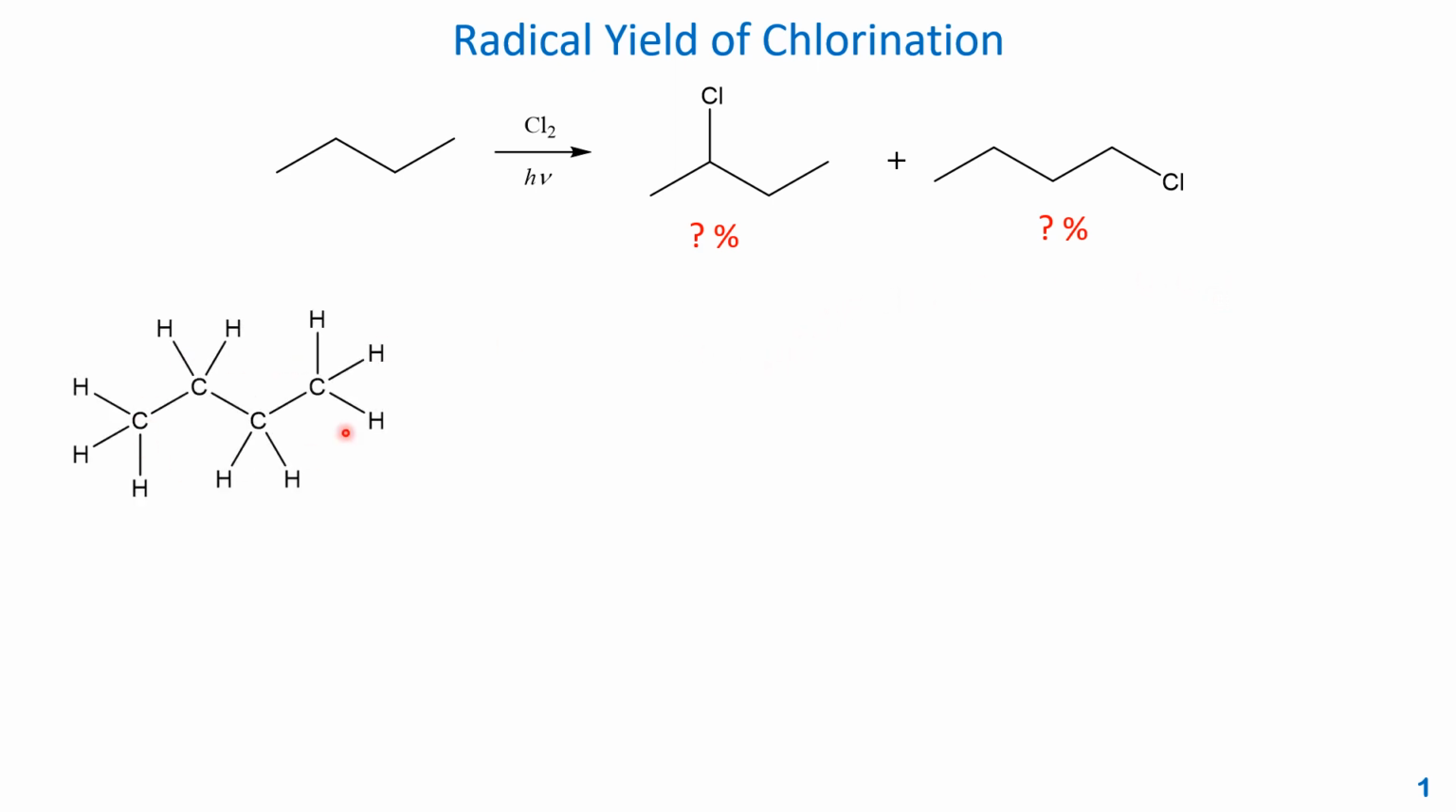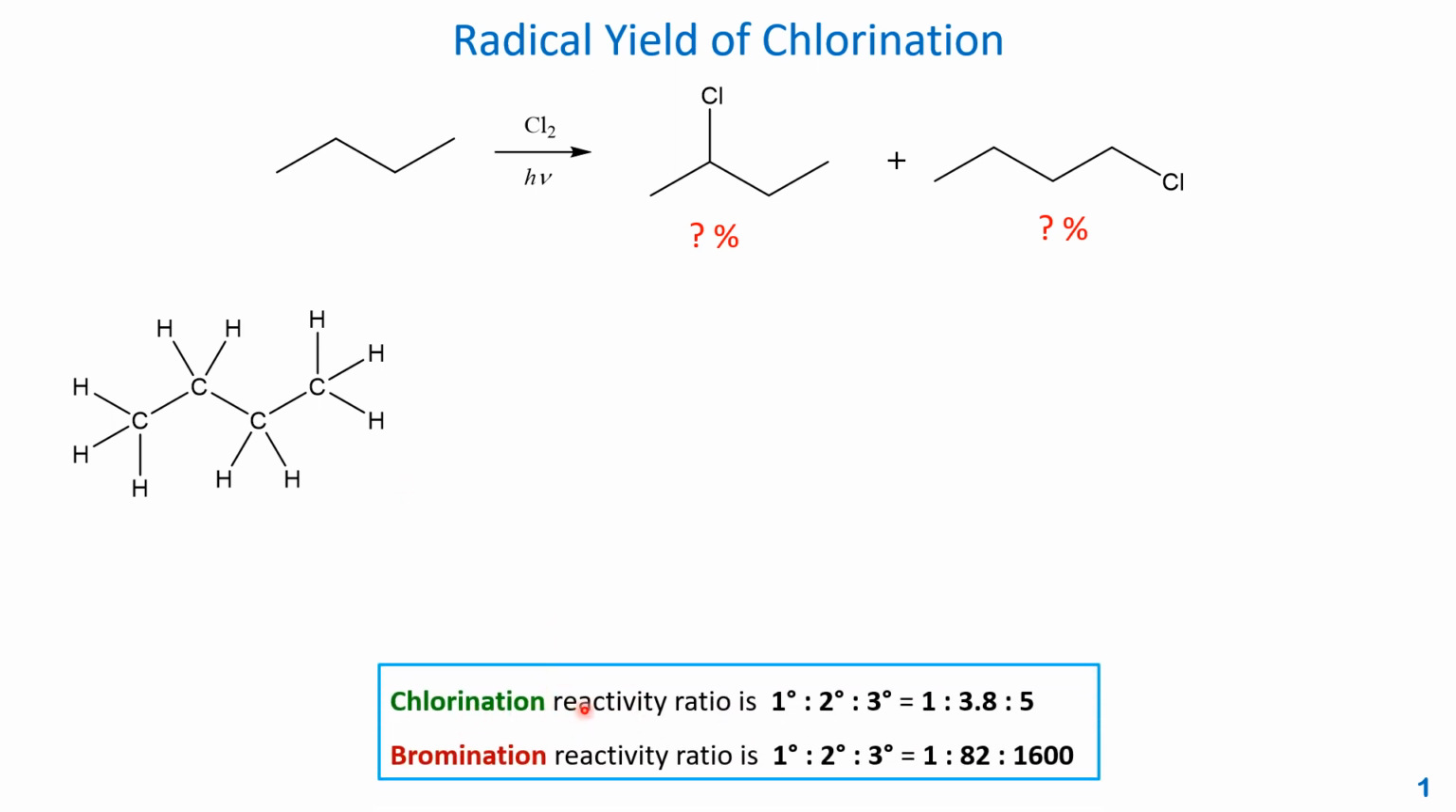First, we can identify the 10 hydrogens in this butane. Here, I just draw the expanded structure to make it easier to see. We also need to know the concept of the reactivity ratio. For chlorination, the ratio of primary to secondary to tertiary hydrogen is 1 to 3.8 to 5. For bromination, the reactivity ratio of primary to secondary to tertiary hydrogen is 1 to 82 to